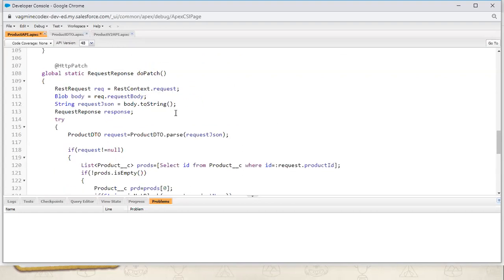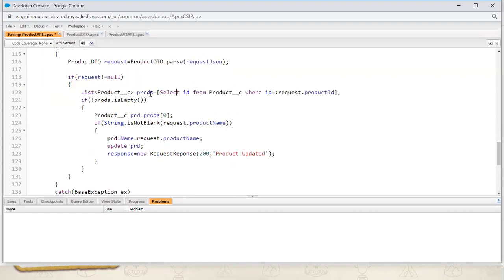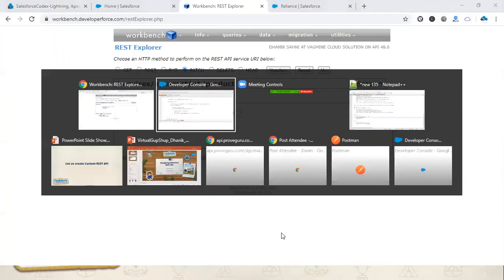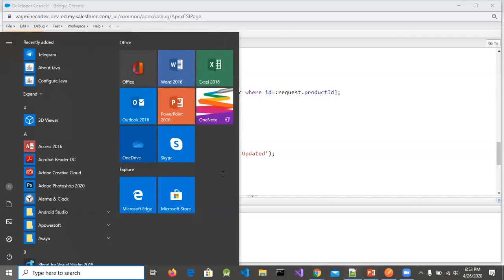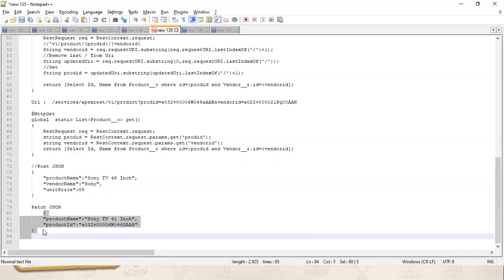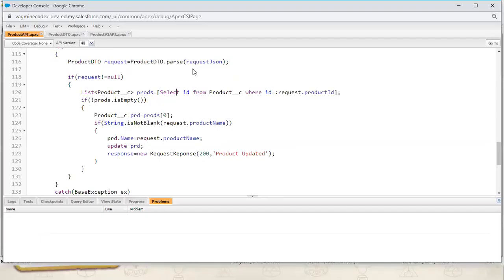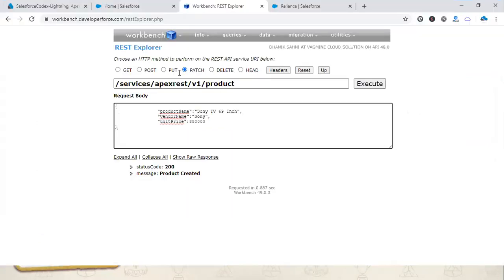Okay, let me show that sample. I'm passing the product ID, and whatever product name was there will be replaced with Sony TV 41 inch.